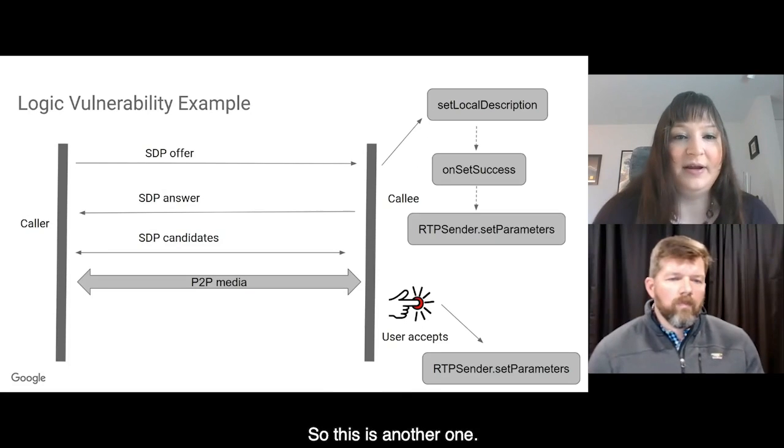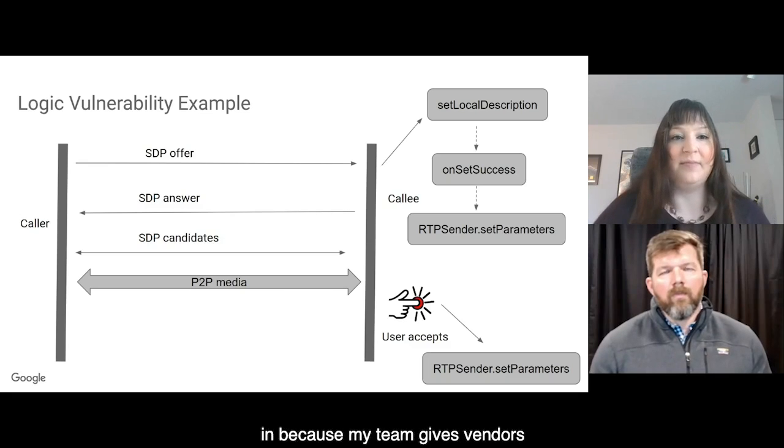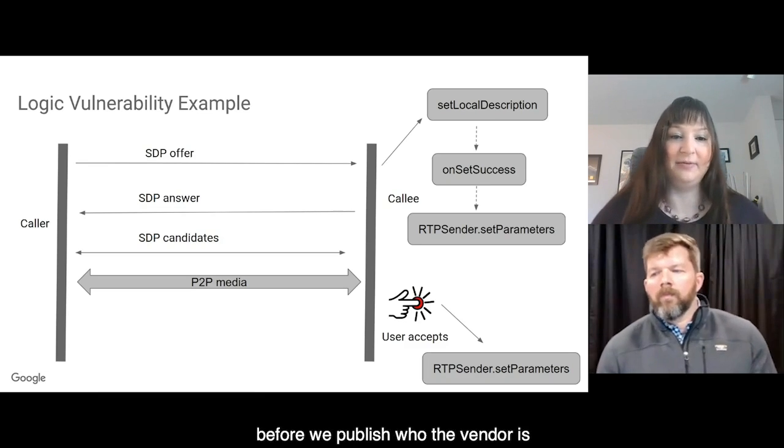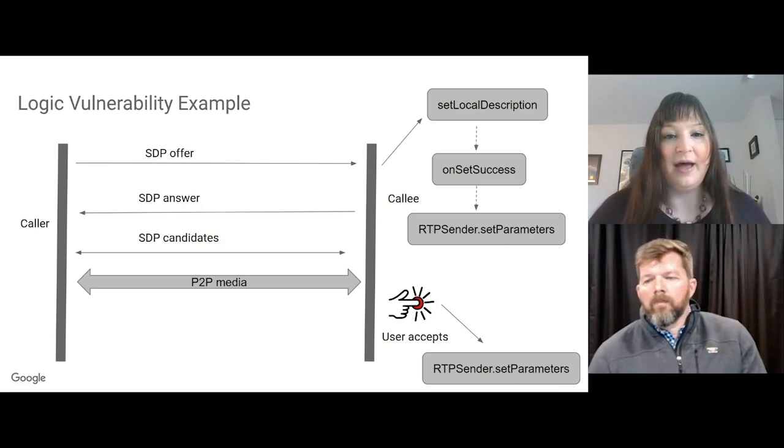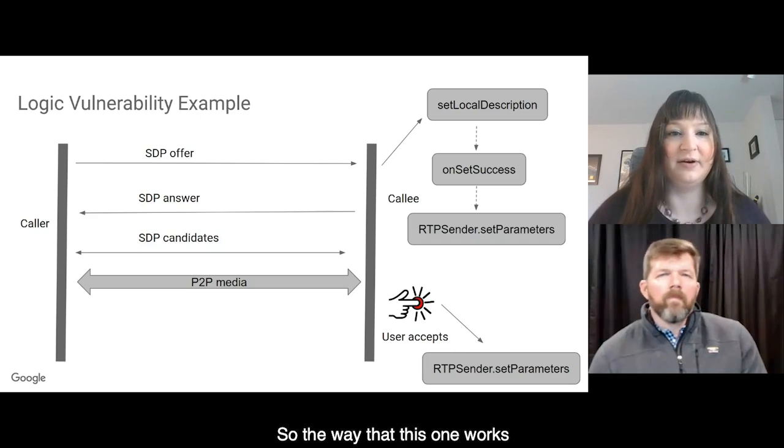So this is another one. I won't say what app this vulnerability is in, because my team gives vendors a certain amount of time before we publish who the vendor is. But it was an interesting bug related to threading. So the way that this one works is